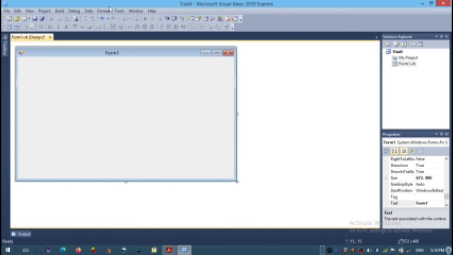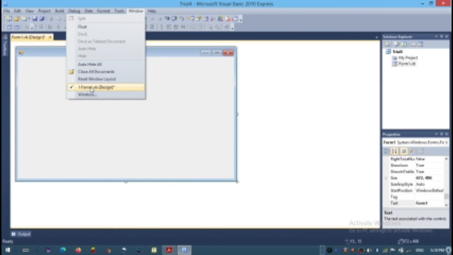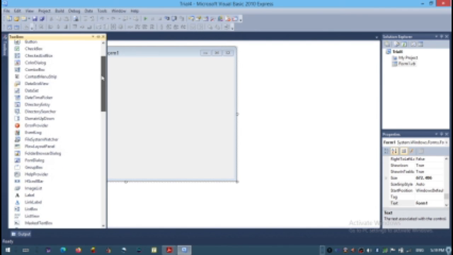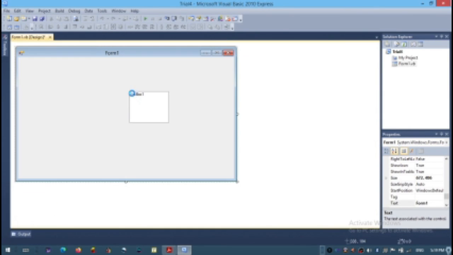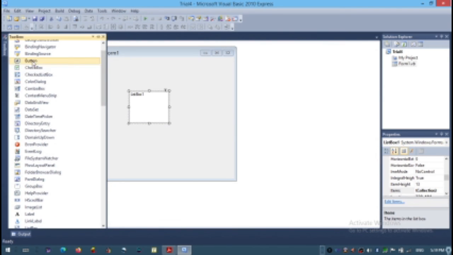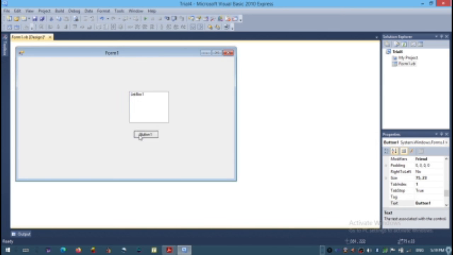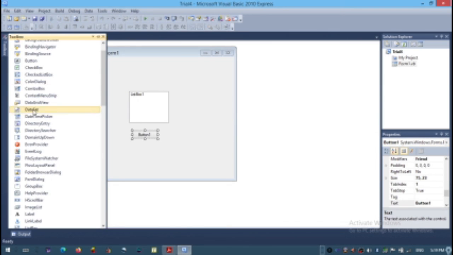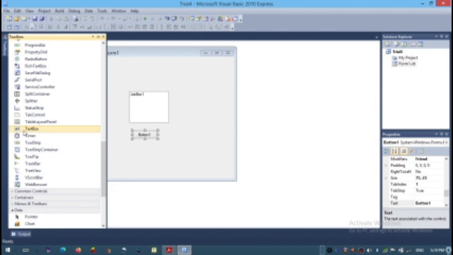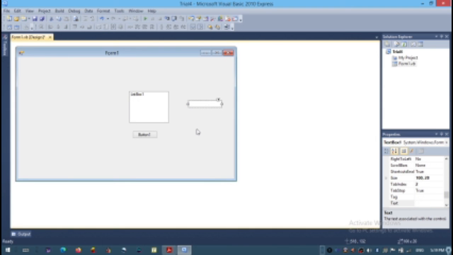We have other menu options in the window menu, that is the list of projects, which project is opened, which form is opened, all those things. Suppose we drag and drop some items to the form. Let us drag and drop one list box, and one button item to the form, and also one text box.